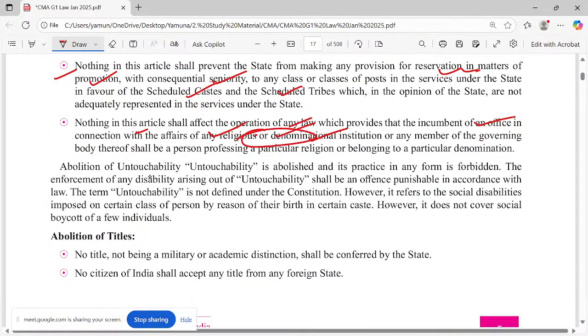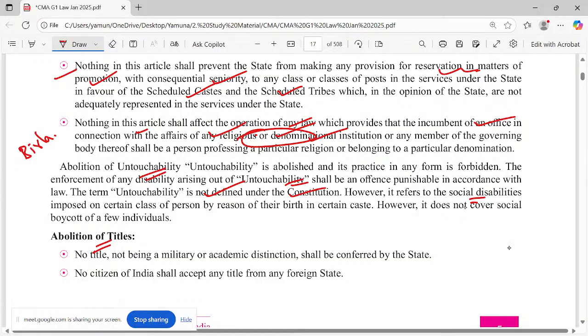And probably you know this: untouchability is a sin. This was the one I was discussing with respect to Birla Mandir. Untouchability is a sin. Anyone can come into the temple. Even those selling flowers outside at the temple entrance can come to the temple. Earlier there was a law that they could not come inside, but now they have scrapped it. So untouchability is actually not defined under the constitution, but depending on social disabilities, like being economically not viable, they were saying that we should not talk about this untouchability.